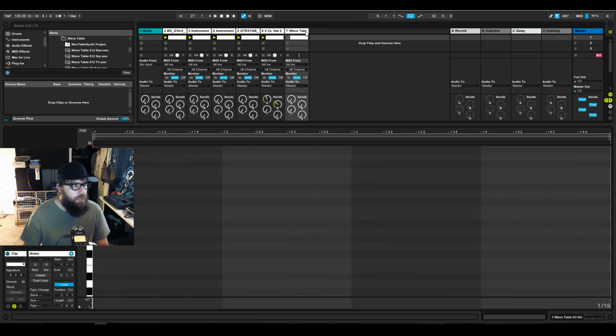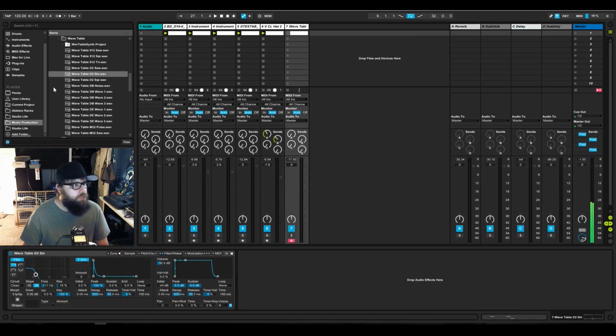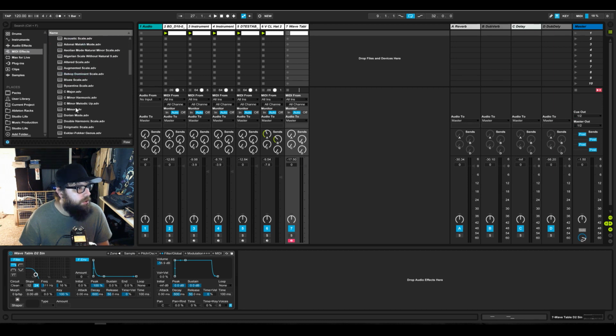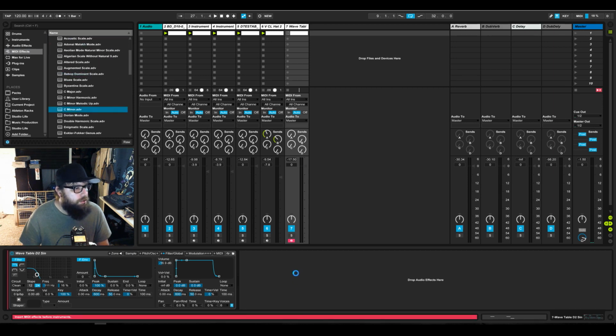So what we want, we don't want it on the kick. We can like here. Here and something like, make sure we're in G minor on here though. We're going to go plugins, MIDI effects. That's what we want, MIDI effects, and we want to go with Scale, C minor scale.